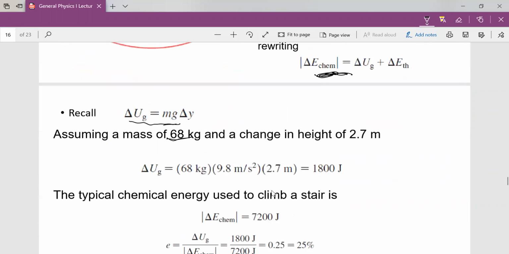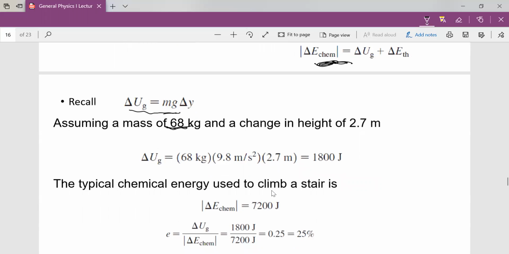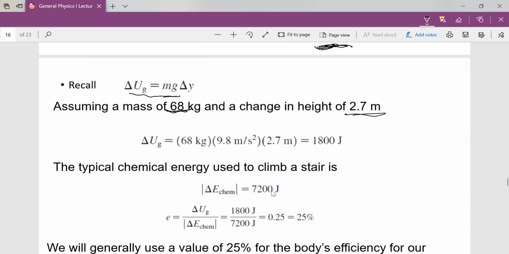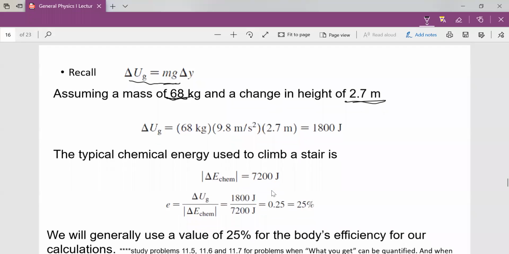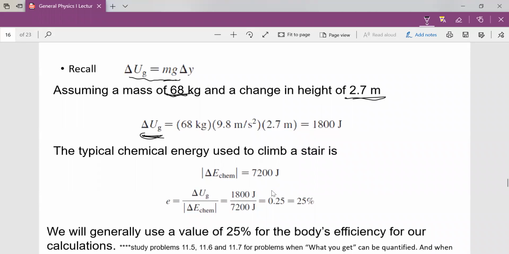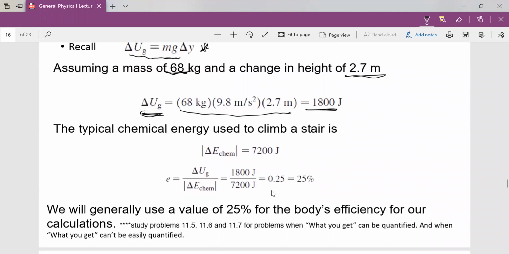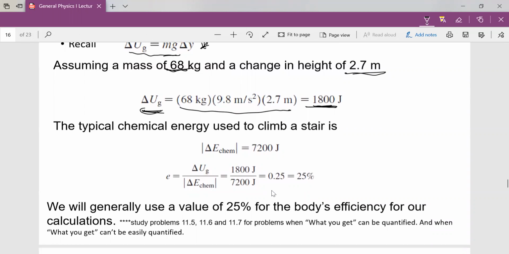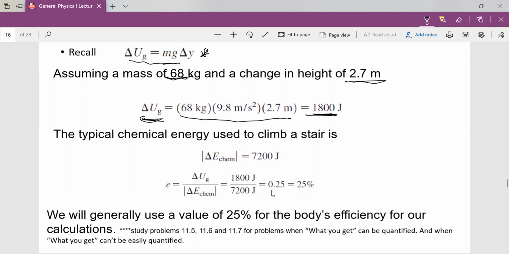Now, if we make an assumption that the person climbing that stair weighs 68 kg, and he climbed a height of 2.7 meters, we can calculate its gravitational potential in the end, which, substituting the parameters into the formula given here, we'll have 1,800 joules. All right. So if that is energy output, because it got to the top of the stair, we can actually determine the efficiency. Now, from the previous table we displayed, we saw that the typical energy used to climb a stair is given as